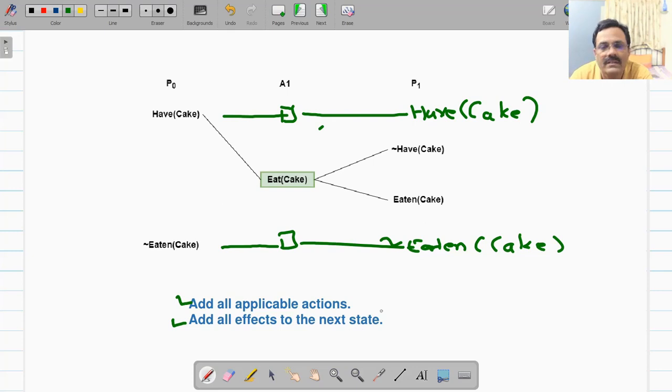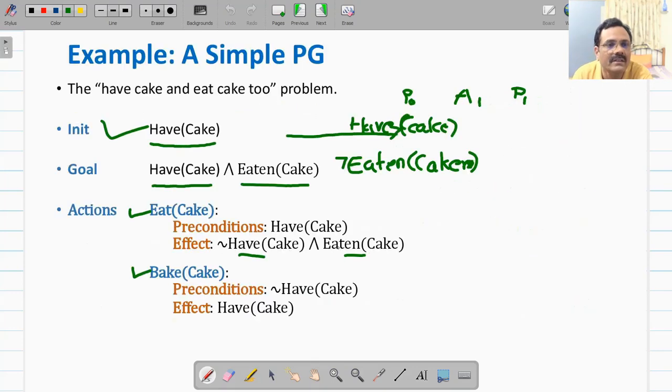Now the next step is you identify actions which can be applied with these preconditions or propositions available in P1. So if you go to the actions, you will find eat cake precondition is have cake, so that also you can introduce, and along with it we have bake cake for which precondition is not have cake, so that also you can introduce in the next state.